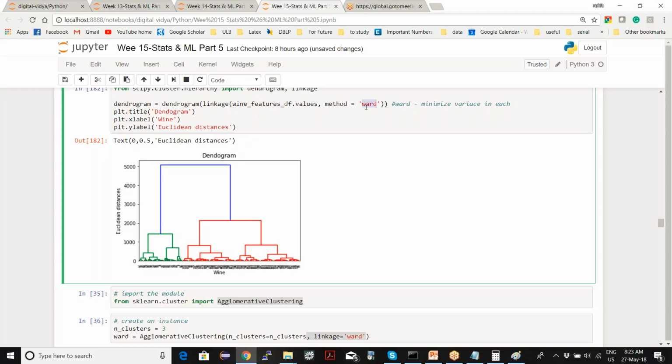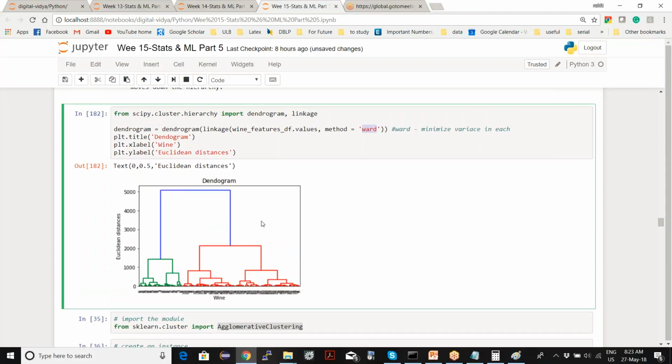This is used for Euclidean distances. If you visualize it, this is how the clustering is done. It merges data points into one cluster; till now it's one cluster, second cluster, third, and then it's merged into one cluster. You could stop at this point when there are four clusters, or you could stop here where there are one, two and three clusters.